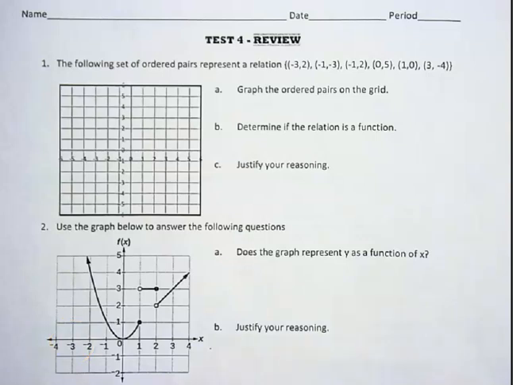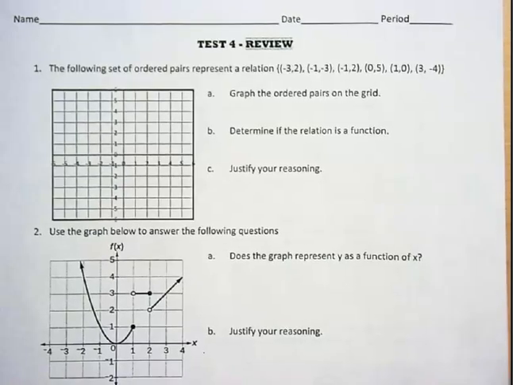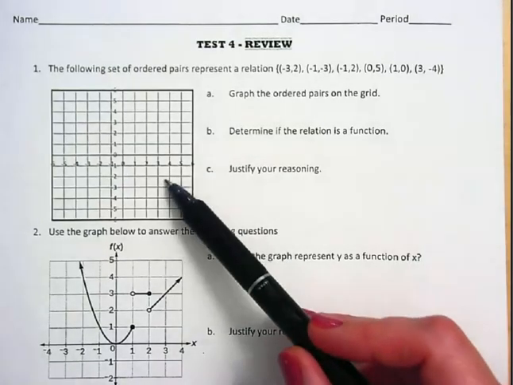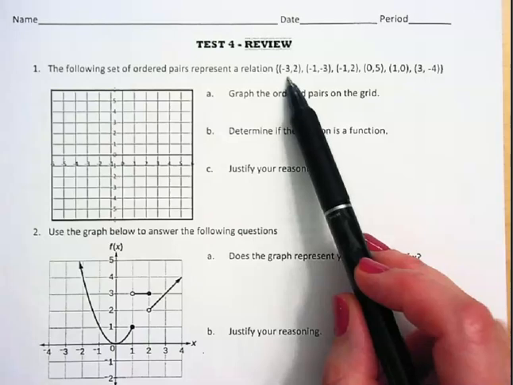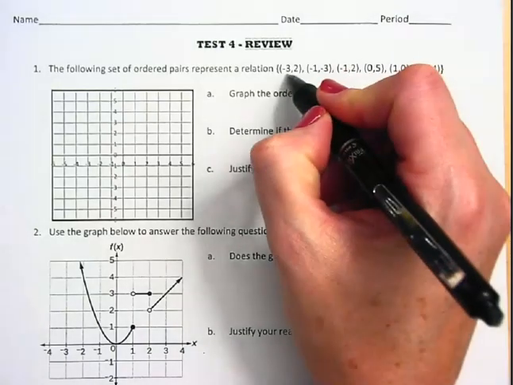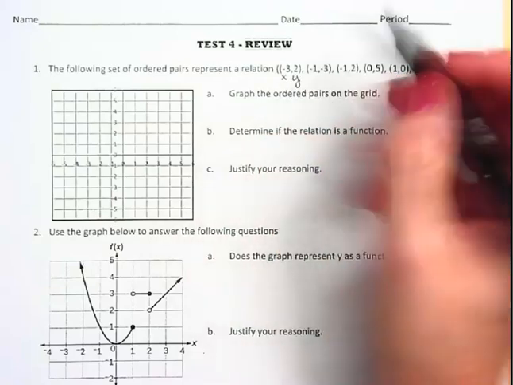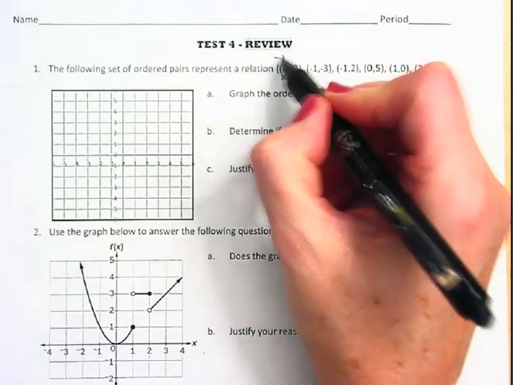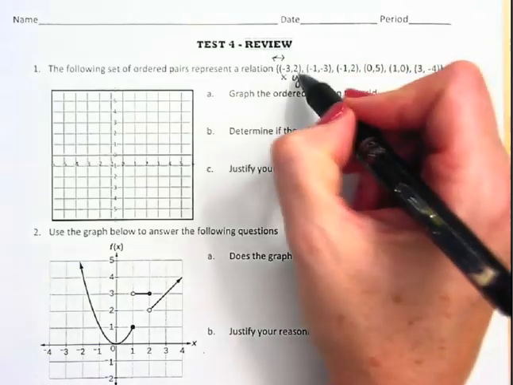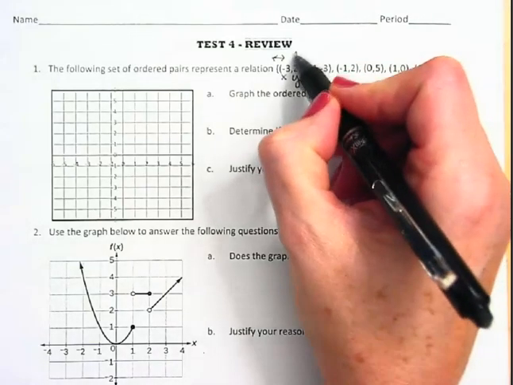Okay, here is our test review video for our Intro to Functions unit. This first section, we're being asked to graph ordered pairs. Remember that the first number is your x coordinate, the second is your y. The first one, x, is going left or right from the 0, and the y is going up or down